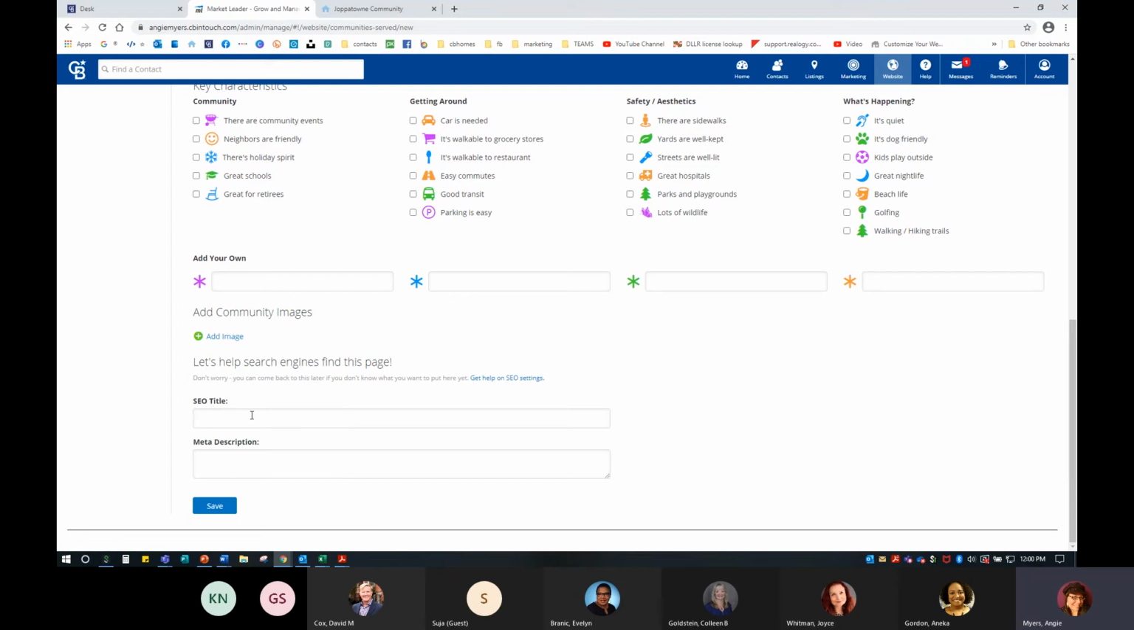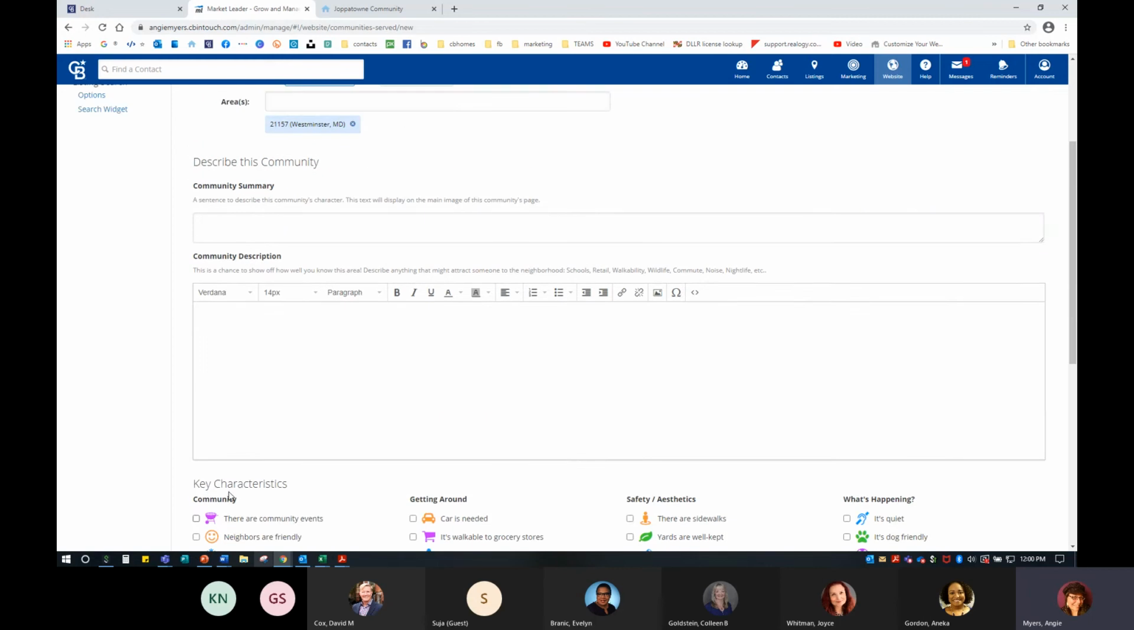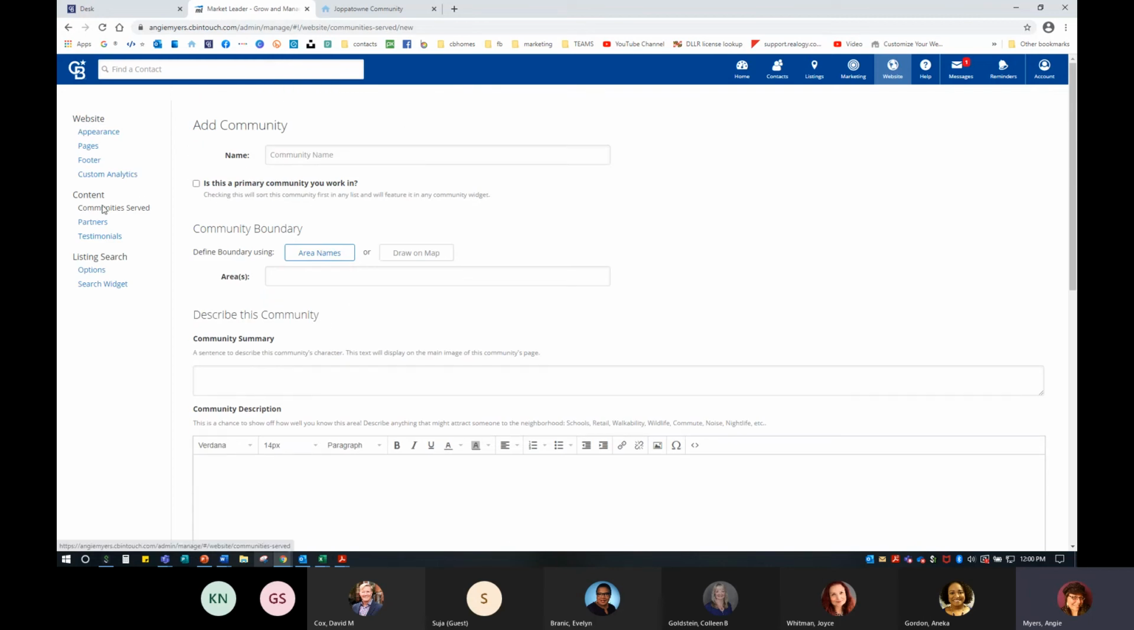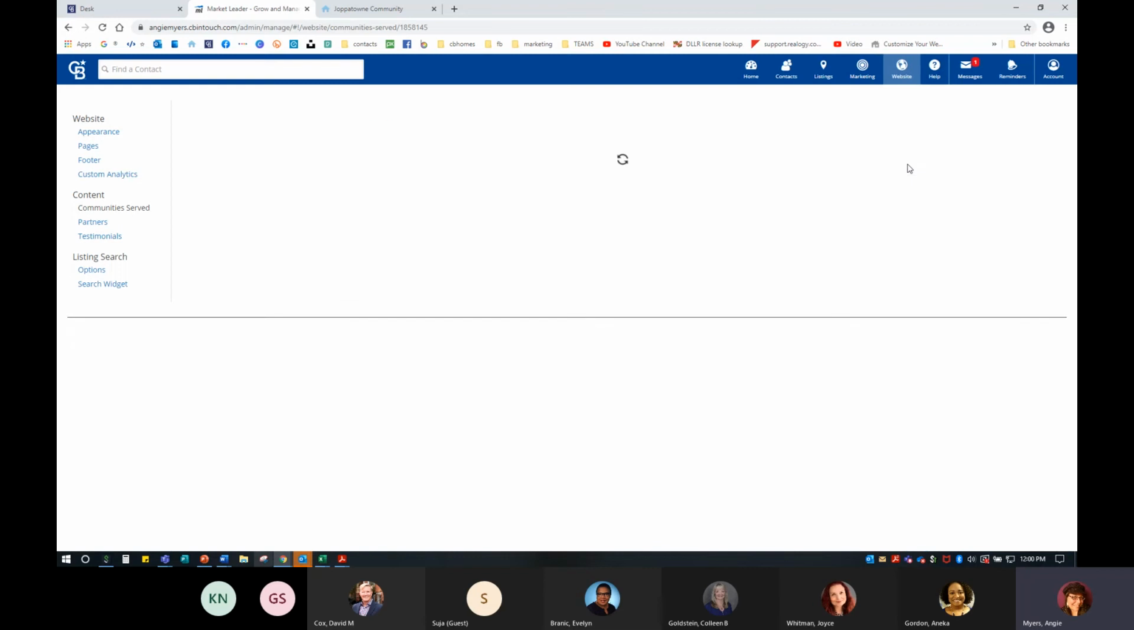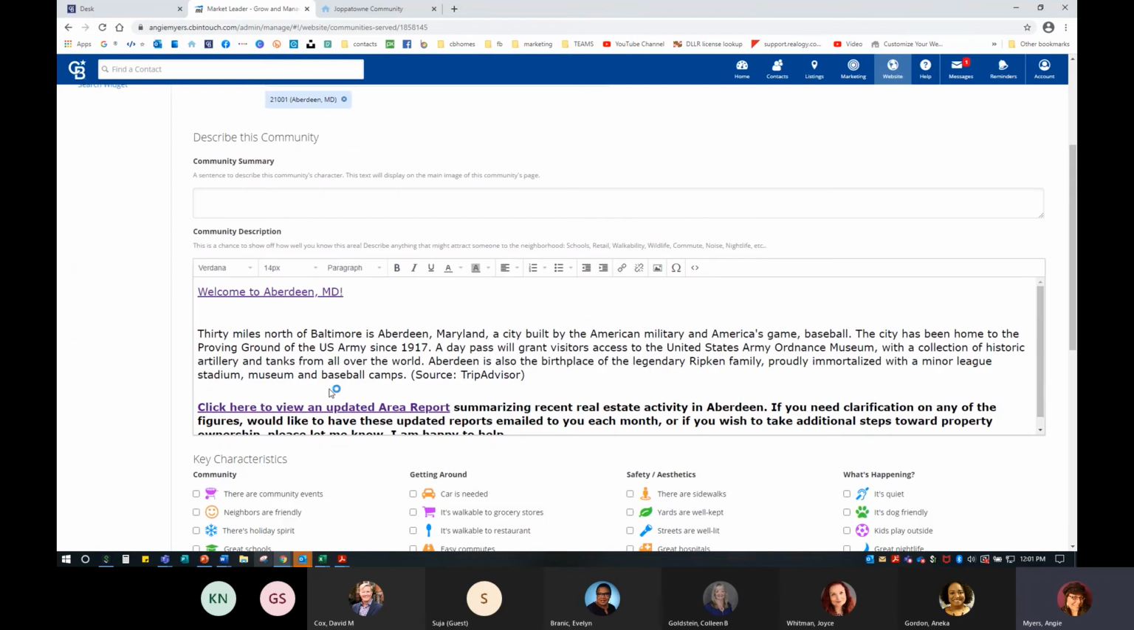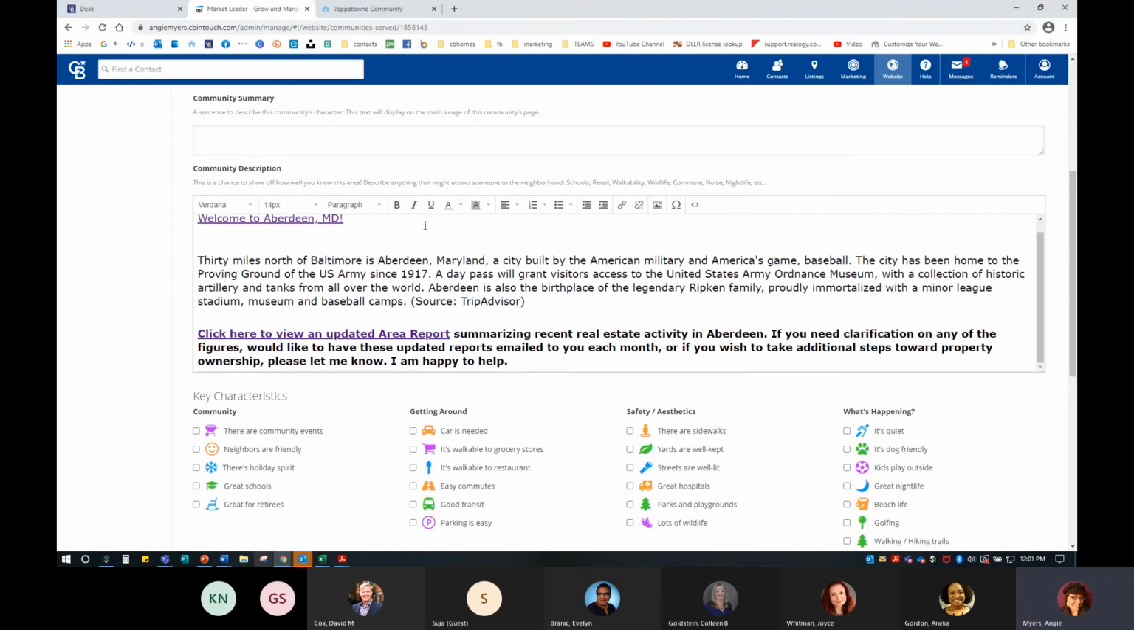SEO title, I like to include the community information and then save. Once I've hit that save button, that's going to take me back to community served. What I did was I just went in and added everything first. Once it was added, I went back in, hit the edit button, and this is where I started adding some